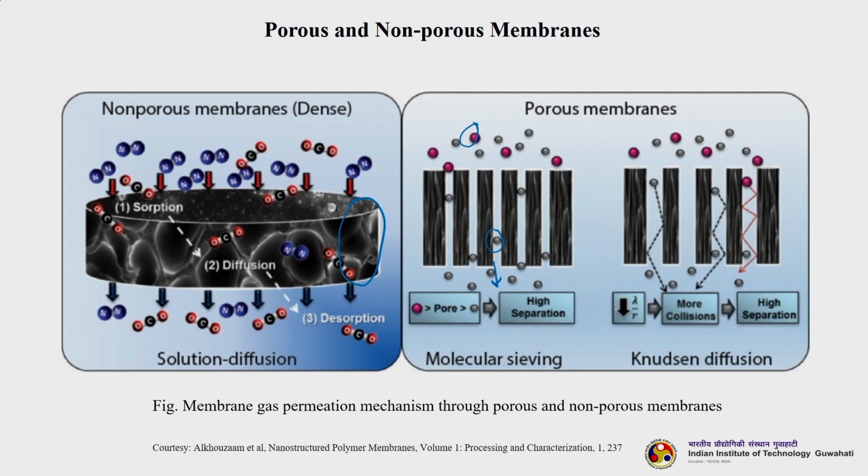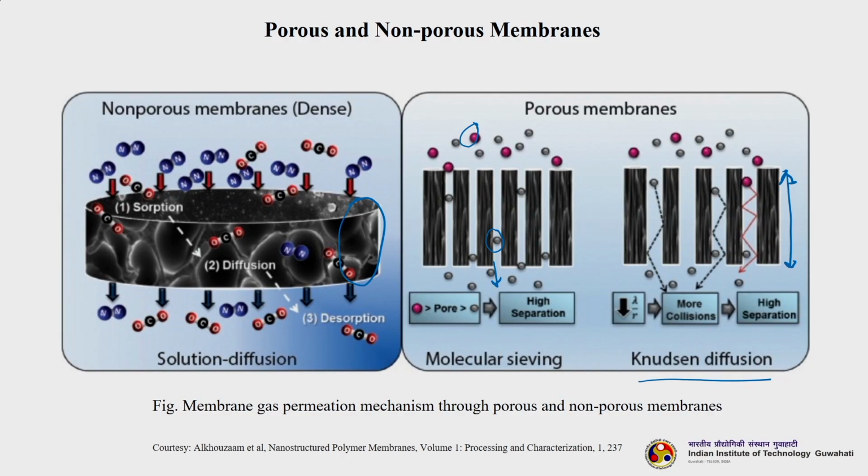And then Knudsen diffusion. Knudsen diffusion takes place for gas separation. A very high level of separation can also be achieved, and the particles which are smaller than the pore diameter will eventually collide inside the pore. You can call this the length of the pore. Inside it travels, gets collided many times, then travels across its minimum path length, and comes out on the permeate side. So, this is actually Knudsen diffusion. We will learn it in detail when we discuss gas separation.